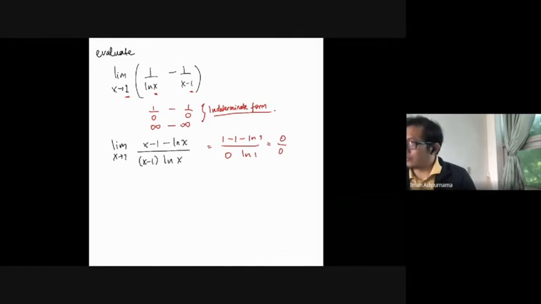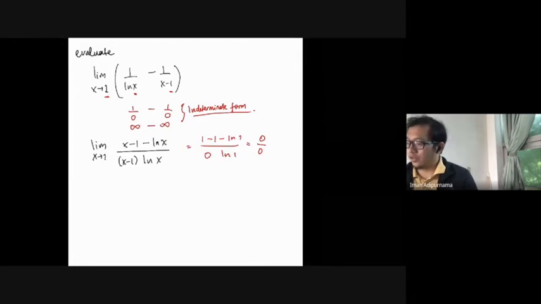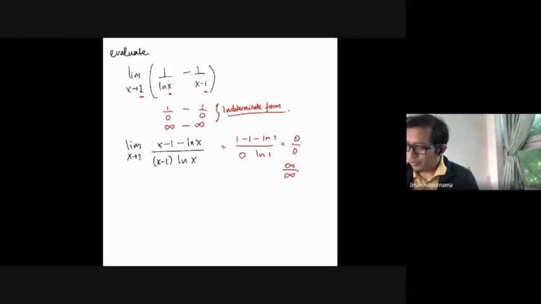Now this form, if you have 0 over 0 or infinite over infinite, you can use L'Hopital's rule. So that's how you use the L'Hopital rule method. From here, we can move on to L'Hopital's rule. Usually you write LH in the method, or you can just say using L'Hopital's rule in words. That's also fine. And then we differentiate the whole thing, both top and bottom separately. So the top is 1 minus 1 over x. And then the bottom one will be